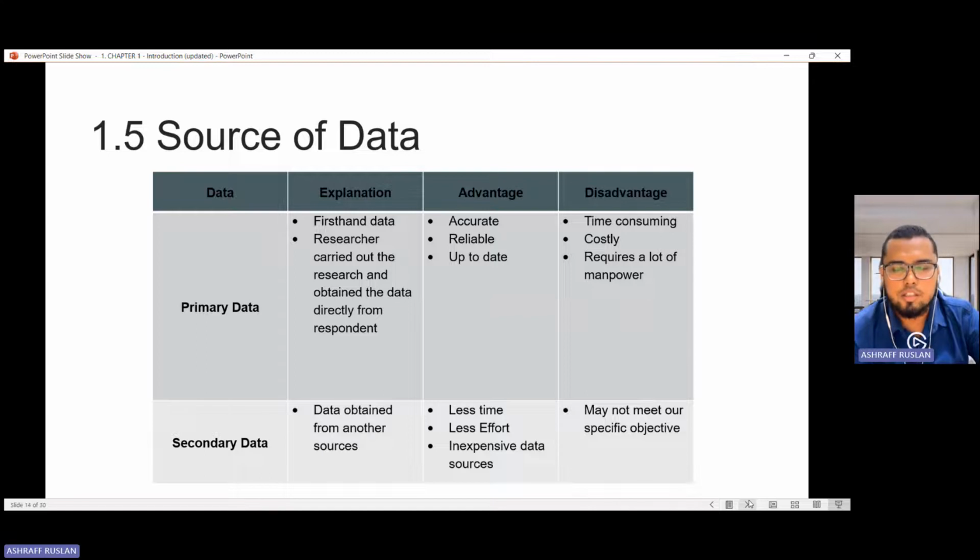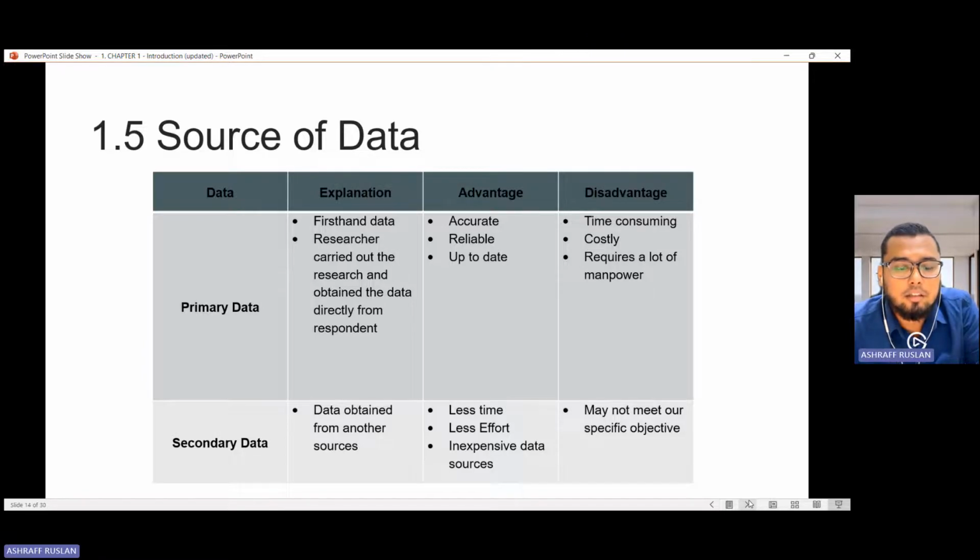Kita pergi buat survey, collect data ataupun yang selalu kita tengok dalam TV adalah National Geographic. So amazingly they spend so much amount of money in order to do the observation on the animals.